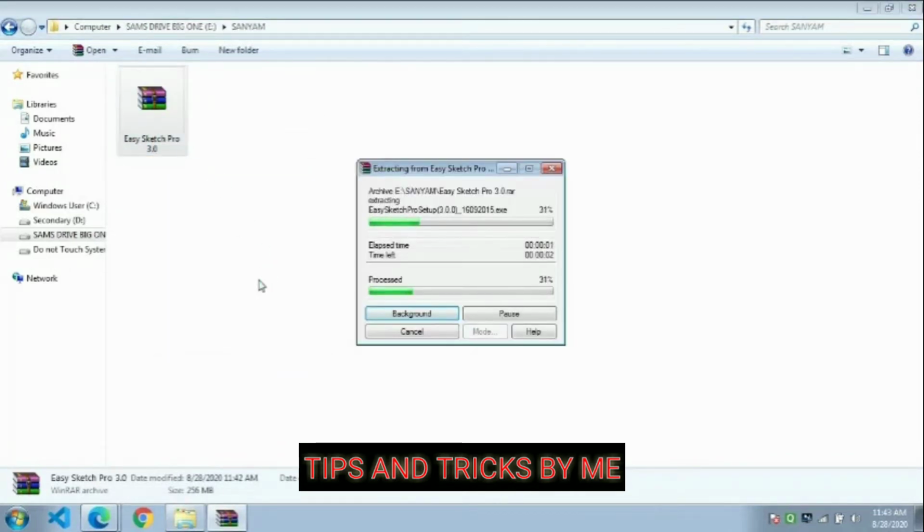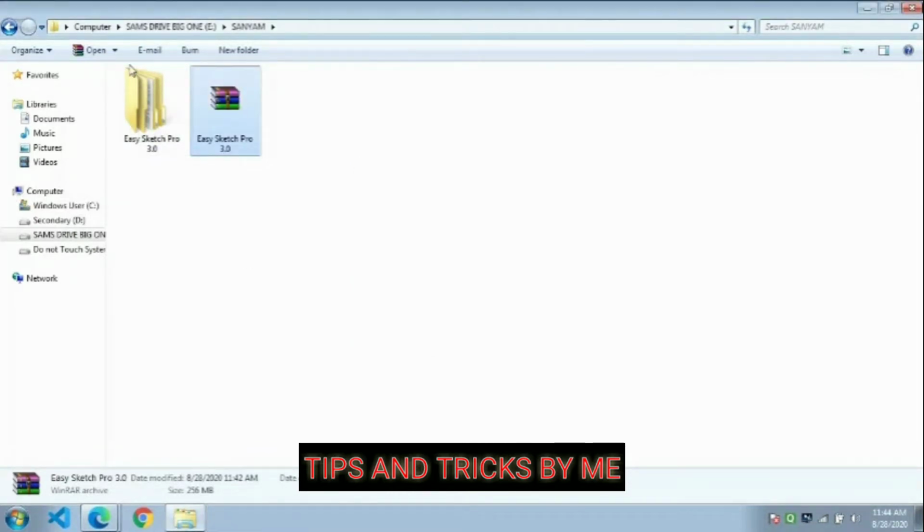Now you need to open this file in your download folder, then extract everything inside it, like I am extracting right now. The extraction will take place very nicely and it's very easy also. No password, nothing like that. Now just open this folder which has been downloaded just now.